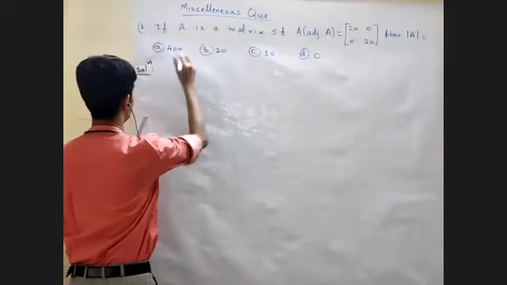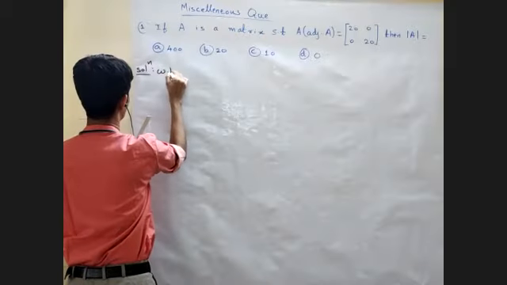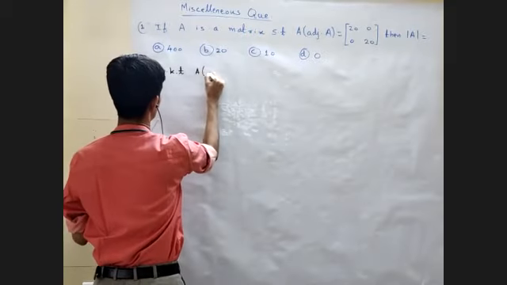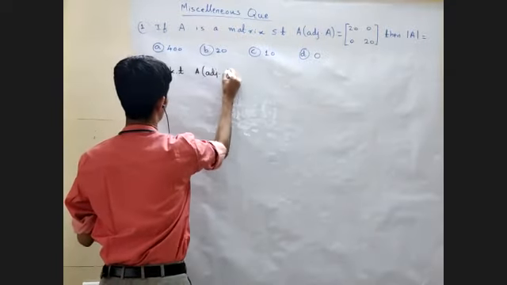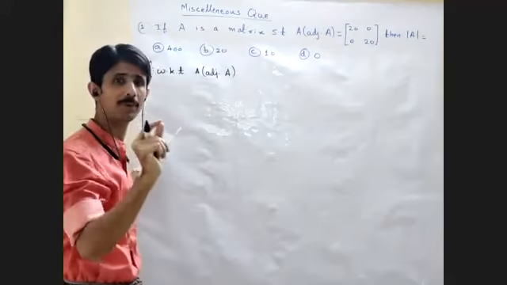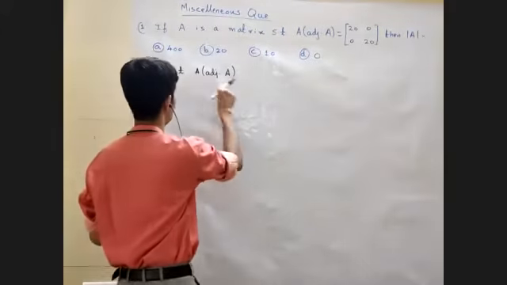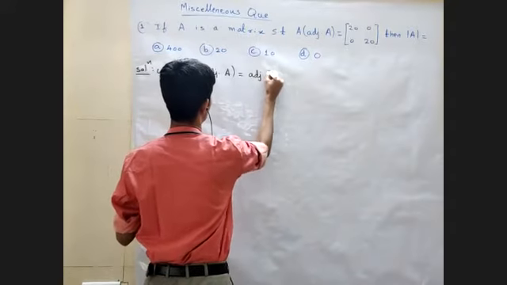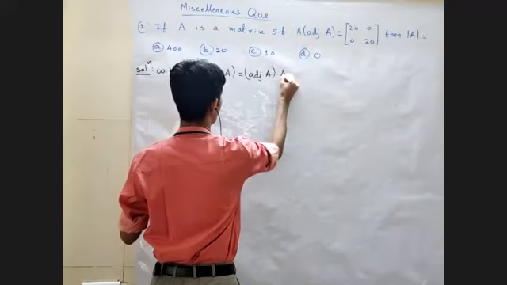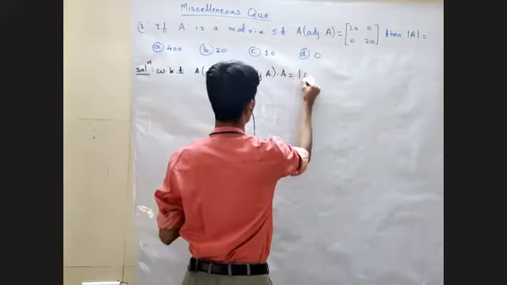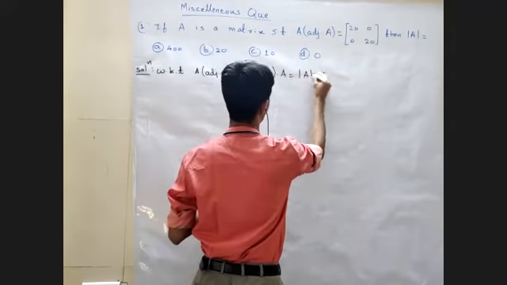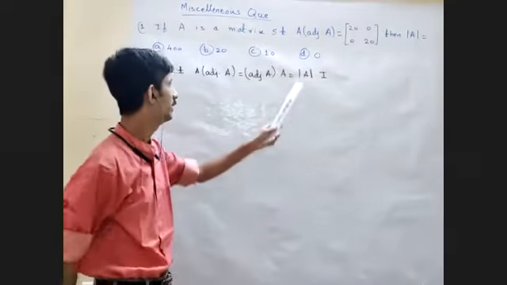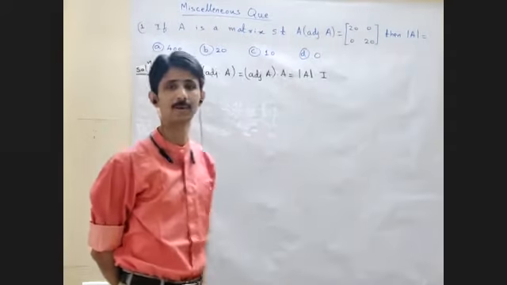चलो write down solution. देखो, we know that A into adjoint of A, we are writing down one property of adjoint because we know that A into adjoint of A is equal to adjoint of A into A is equal to determinant of A into I. ये प्रॉपर्टी है जो हम यूज करने वाले हैं determinant of A का वैल्यू निकालने के लिए.